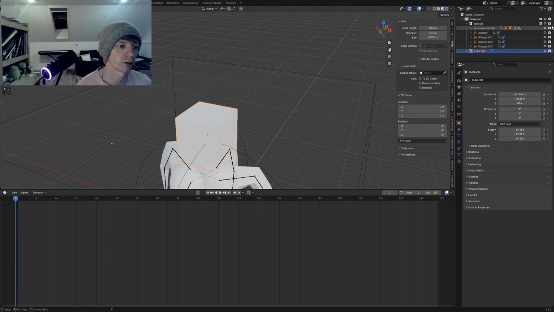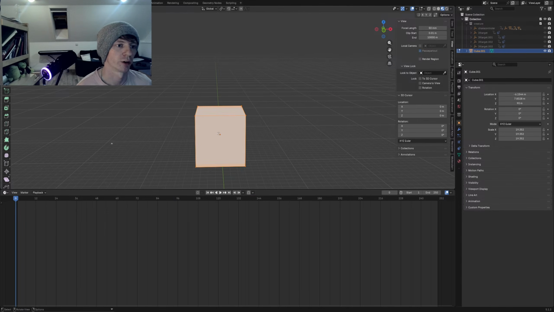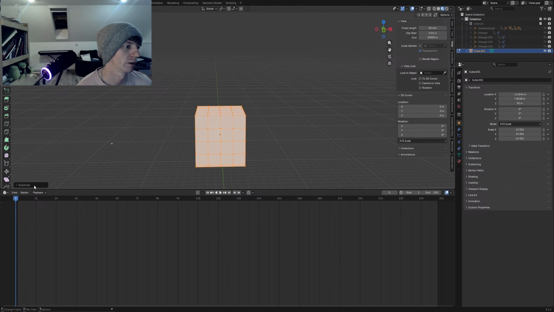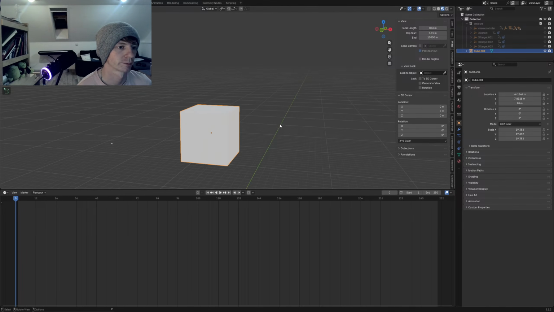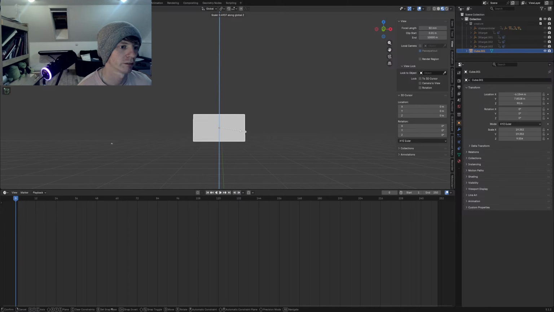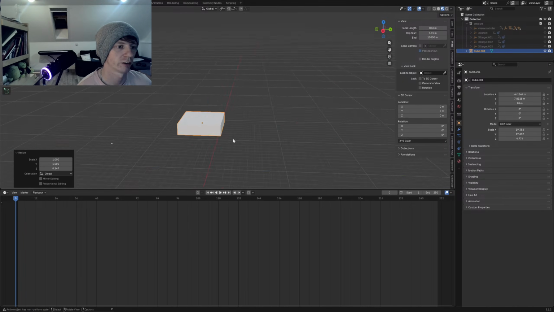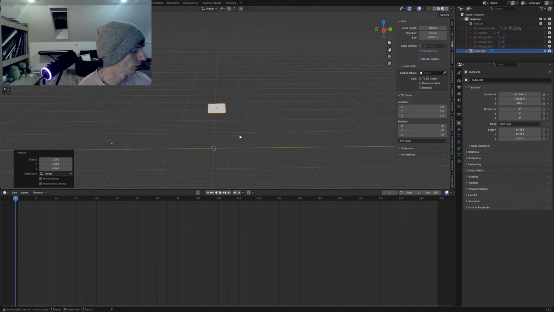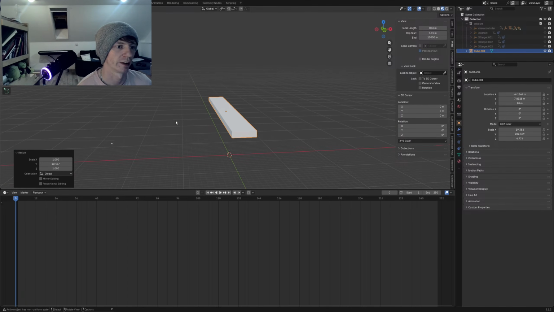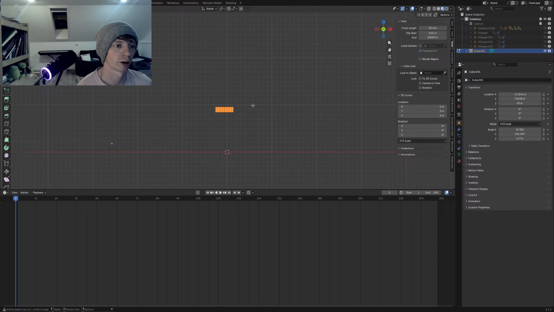Now, the spider works, so I'm just going to hide him. Go to edit mode, and I'm going to subdivide this a bunch. And then I'll give it like 4 more colors. Yeah, something like that. And then I need to scale this on Z, so it's more like a slide. Scale this on Y. Something like that. Come into edit mode,